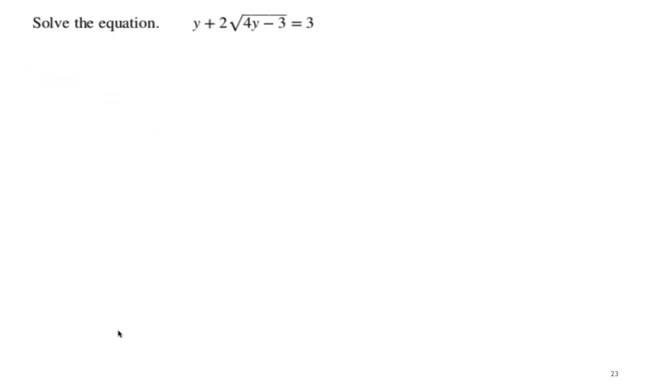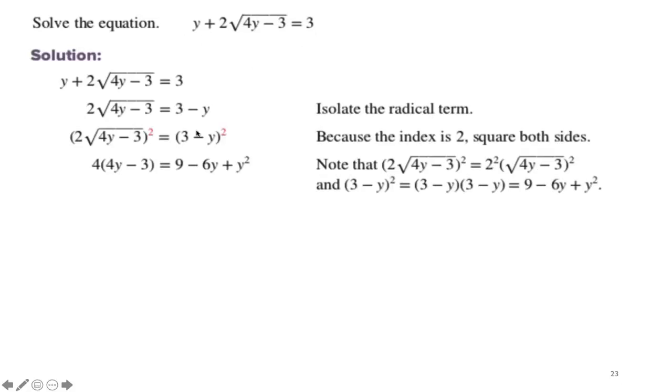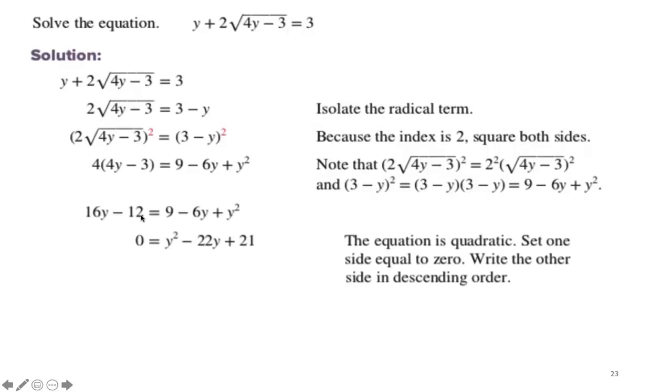Okay, here's another one. Again, I always want to isolate the radical, so I first move the y over to the other side, subtract y from both sides, and divide by 2. I can divide by 2, or I can actually just square both sides right now. If I square both sides, the square root here will go away. Notice when I square this side, I have to be careful because I have to use FOIL. So 3 squared is 9, 3 times negative y times 2 is negative 6y, and then negative y squared is y squared. And then when I square this side, 2 squared is 4, the square root squared will cancel, and now I can multiply and